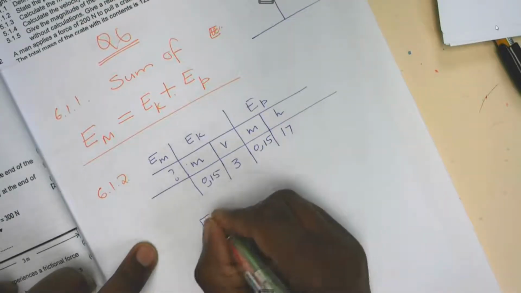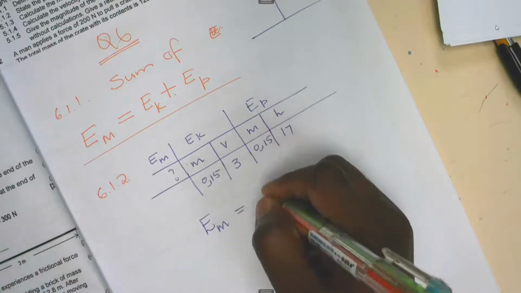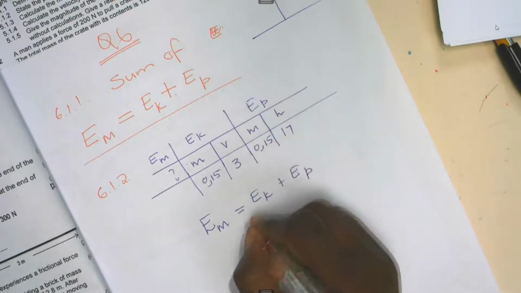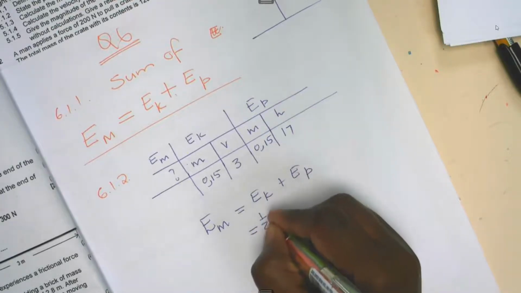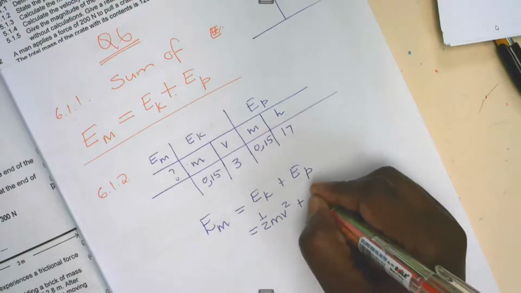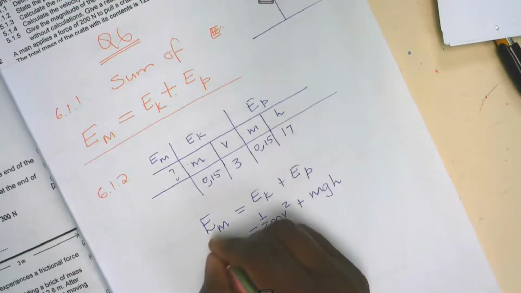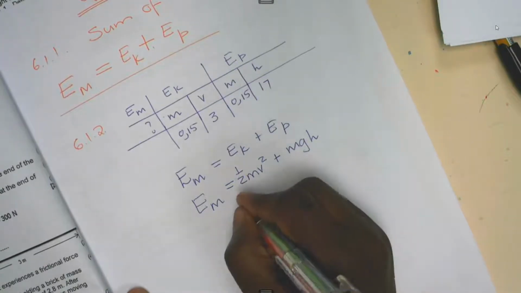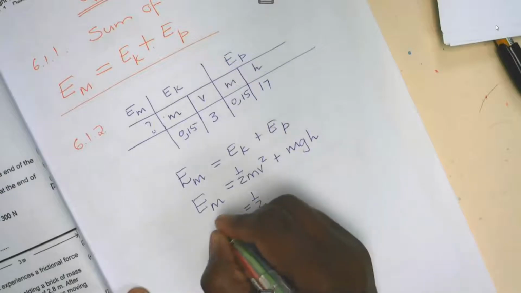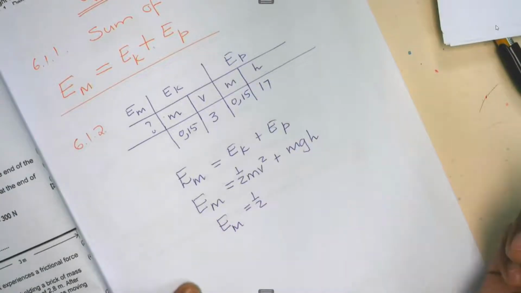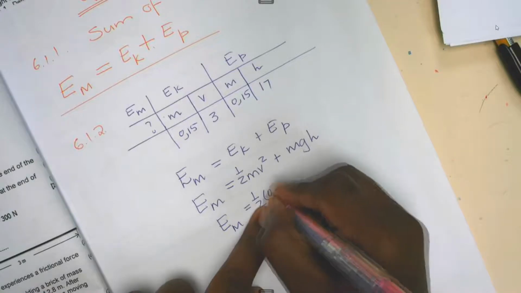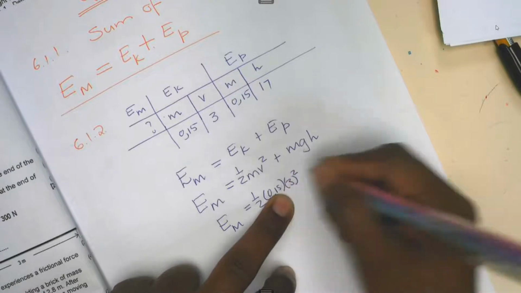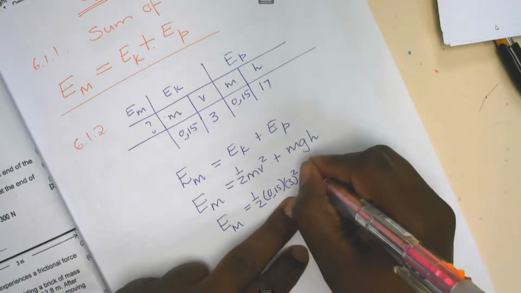Then you go to your formula. The formula is EK plus EP. Then you can just break it down to say this is half mv squared plus mgh. And then you have half. It's important to substitute correctly. Half times 0.15, and we've got v squared. Do not forget to square, plus